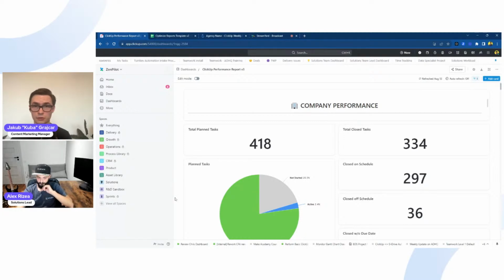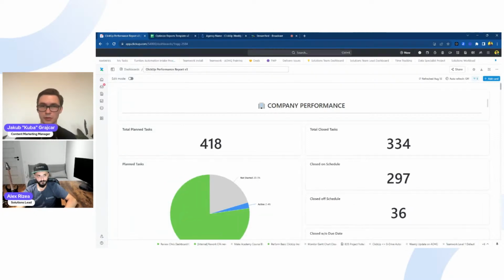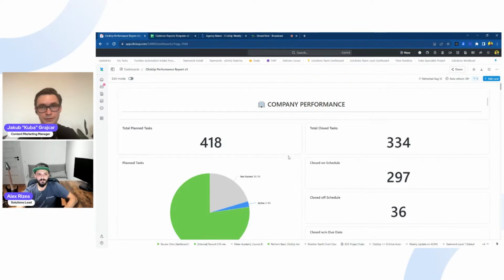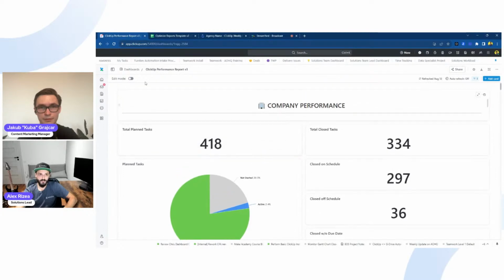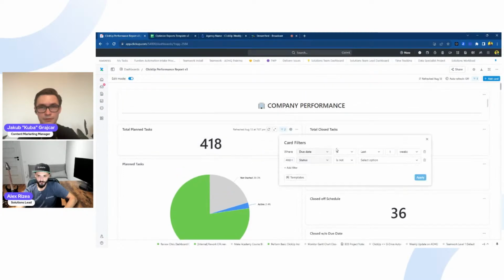So, Alex, walk us through what we're seeing here. I see that we're right now in ClickUp, not in Looker. So tell us about this. We're starting the workflow from A to C in this case. So let's say that you have something set up like this, and you find out, what did I have planned for example for last week?